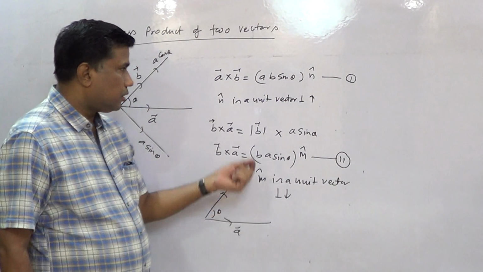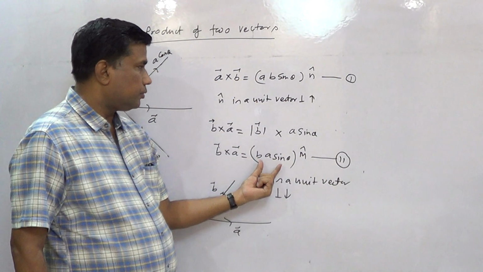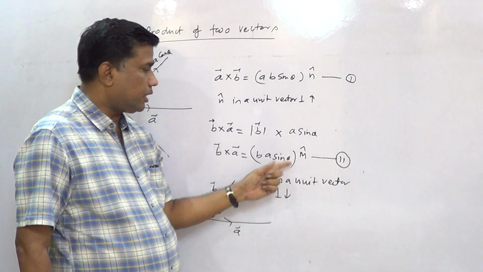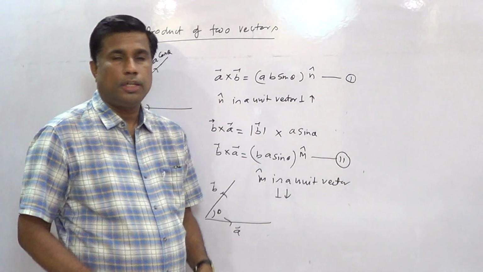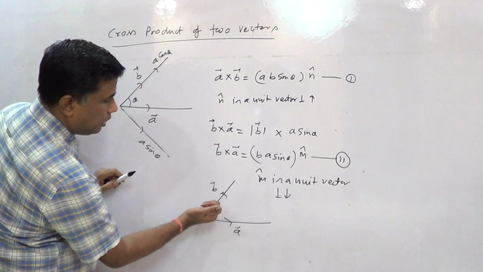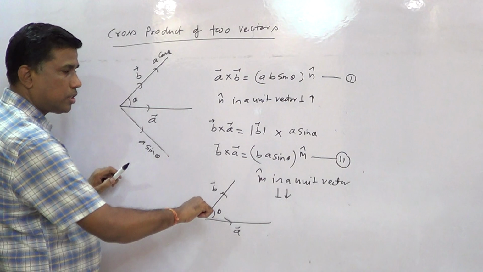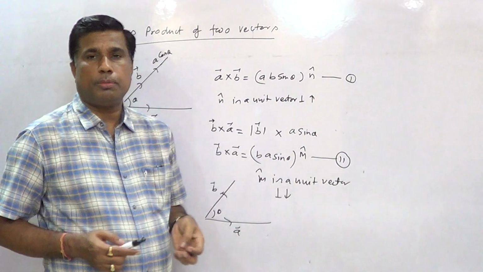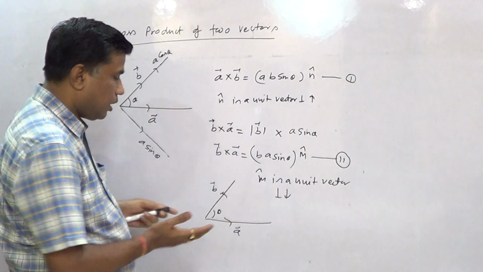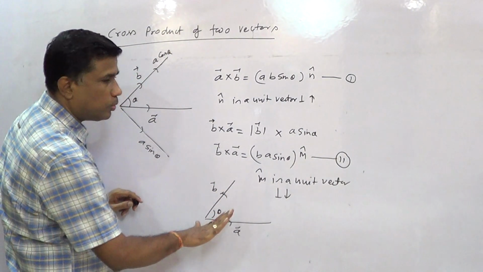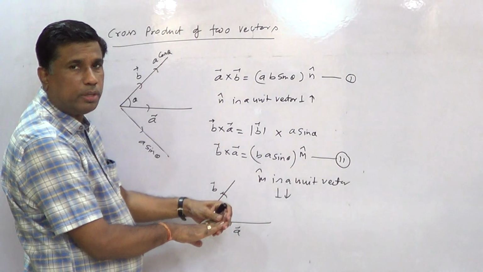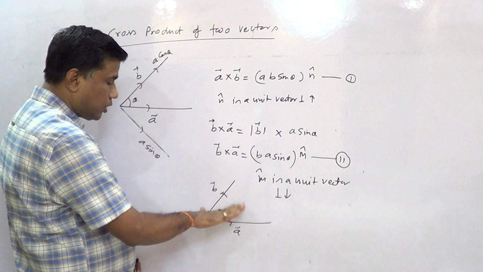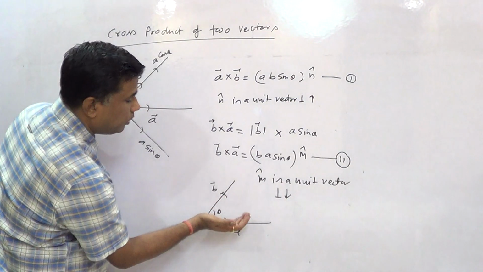Student, you can observe these two equations. It is found that their magnitudes are same, but their directions are opposite. A cross B is outward, B cross A is inward. बच्चों सपोज करो कोई बच्चा, बहुत सारे बच्चे आर्गुमेंट करते हैं सर हम A क्रॉस B ऐसे फिंगर्स को मोड़ेंगे, नहीं मुड़ सकती बेटा. नॉर्मल इंसान की उंगलियां नहीं मुड़ती, मेरी भी नहीं मुड़ती, आपकी भी नहीं मुड़ेंगी. So A cross B you can't find like this, you can find only like this.